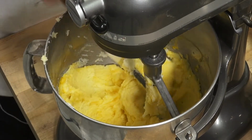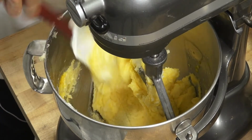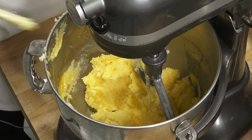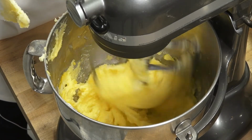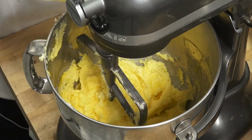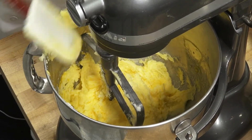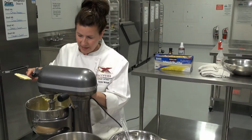And I'm going to be scraping this down again. The next ingredient I'm going to add is the melted sweet chocolate, the dark chocolate, and it's got water mixed in, so it's a water and chocolate mixture. So we're going to be adding that next, and then we'll be adding our flour, our baking soda, and our